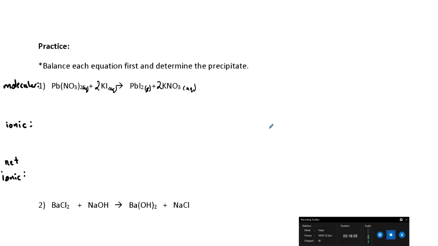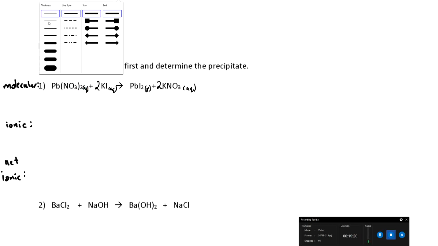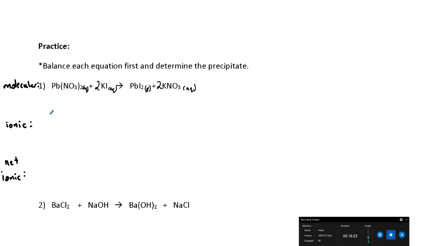So for the ionic, I'm going to write out all the aqueous species, which are going to break up into their separate ions, and I'm going to make sure all charges are included, all states are included, and it's balanced. Okay, I'll just do that for this part. So let's just do one at a time. Pb, there's no coefficient or anything, so I'm just going to put the charge, and that's aqueous. Now there's 2 nitrates, so 2 NO3 negative,